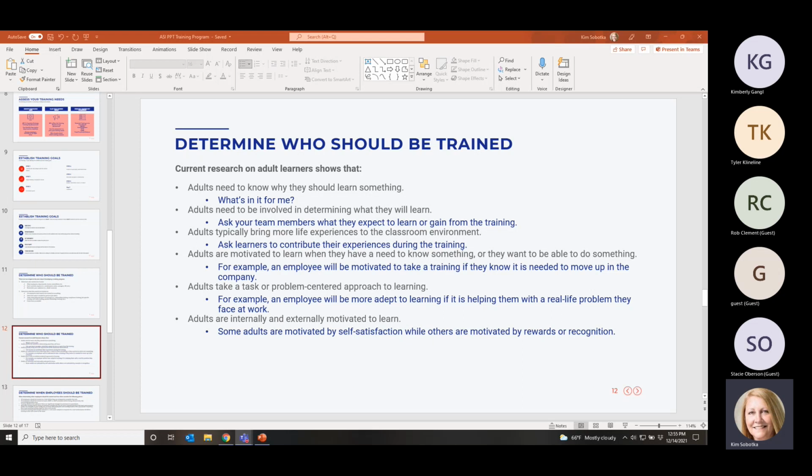So, adults are oftentimes a different type of learner than what an actual child would be. Some are motivated by the self-satisfaction of getting the training, while others might be motivated by rewards or recognition. So, hey, shift 1 manufactured 6,450 chocolate bars on their shift today. Well, shift two's goal is to do 6,460 to beat that, with reward and recognition for a job well done. That's going to be important.